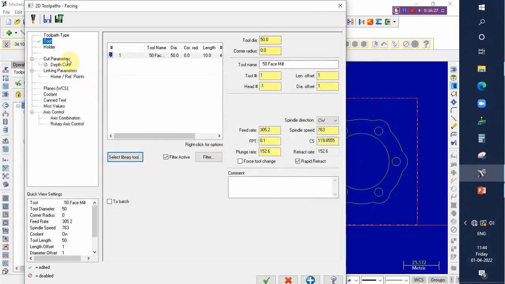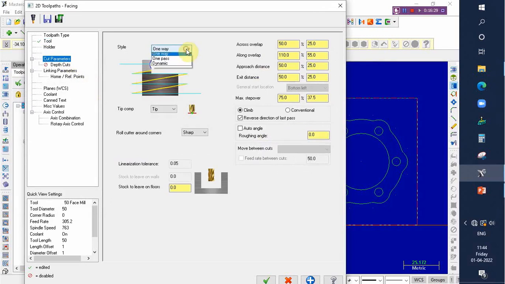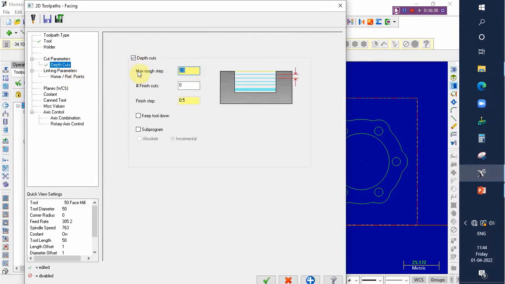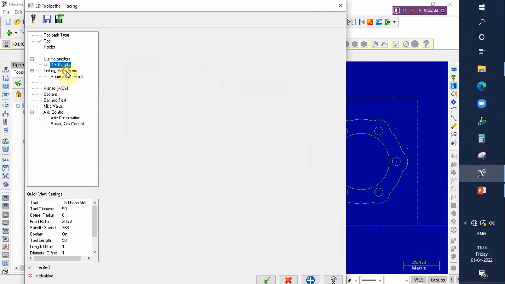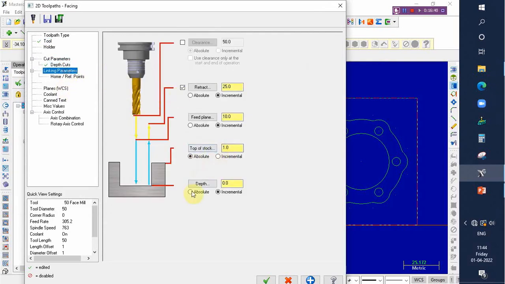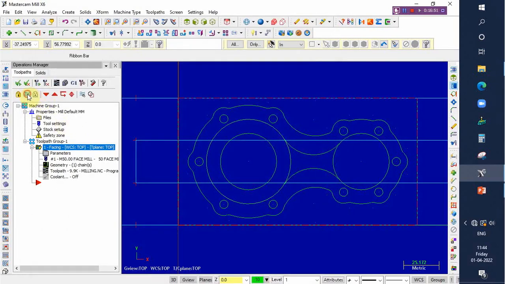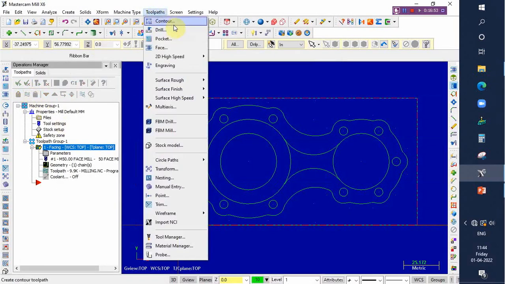Go to cut parameters. Better to select a zigzag option. Both the direction the material is removing. Go to depth of cut and then give it 0.5. Go to linking parameters. Now make all absolute. Now the top of stock will be 1, and then the depth will become 0 after facing operation is over. Leave as it is. Now the facing operation is completed, and go to tool path, contour to be selected, the